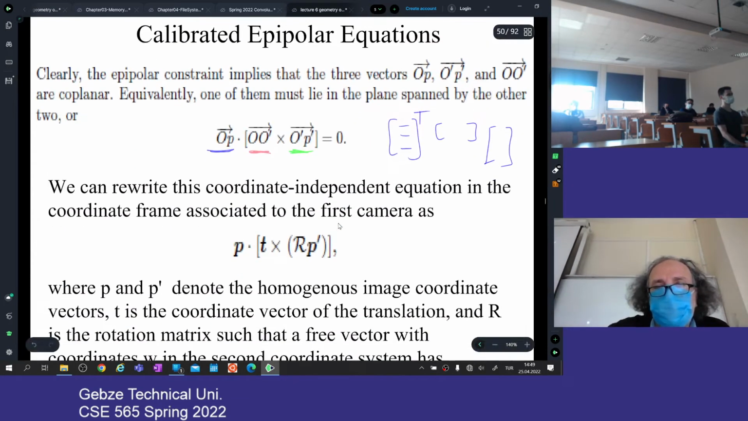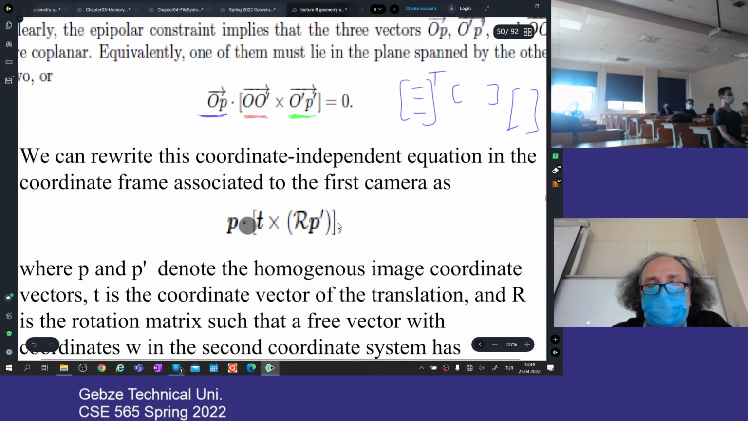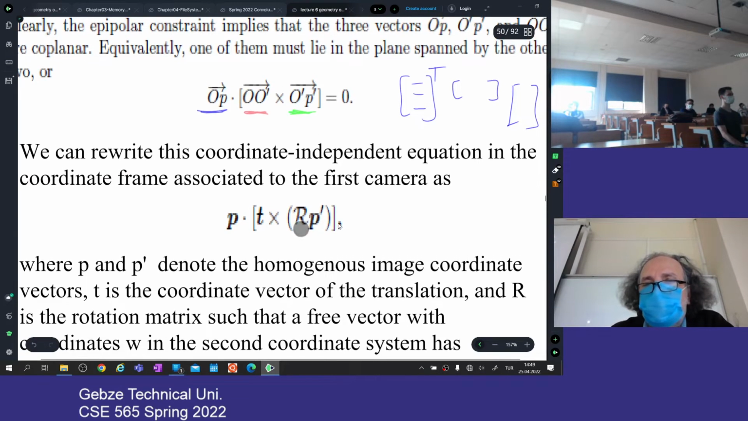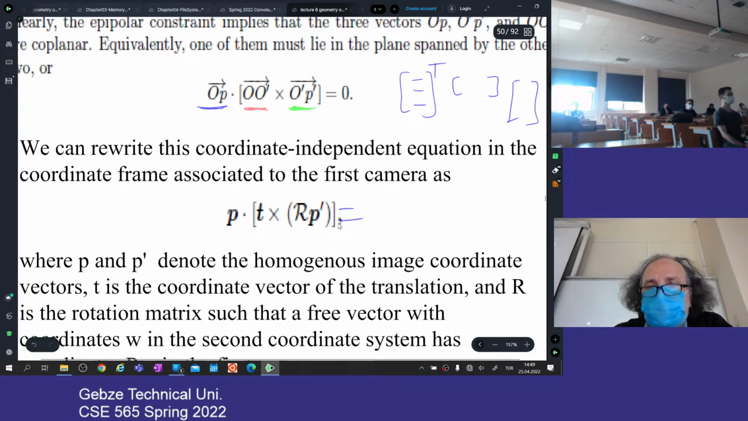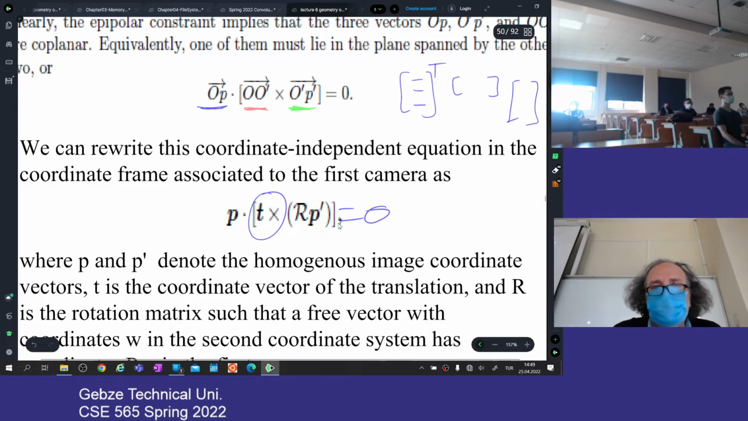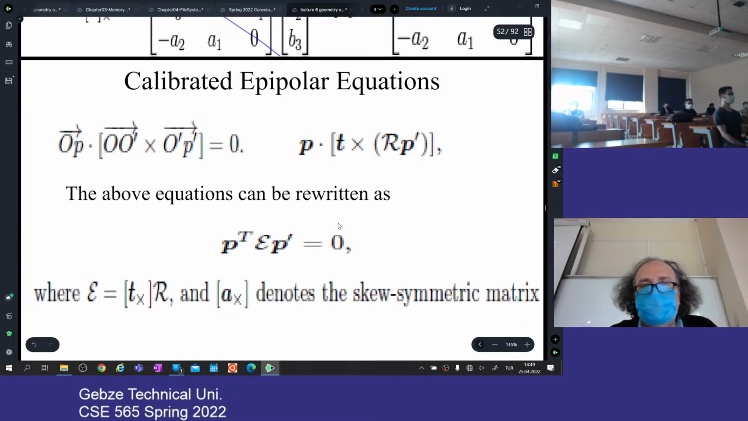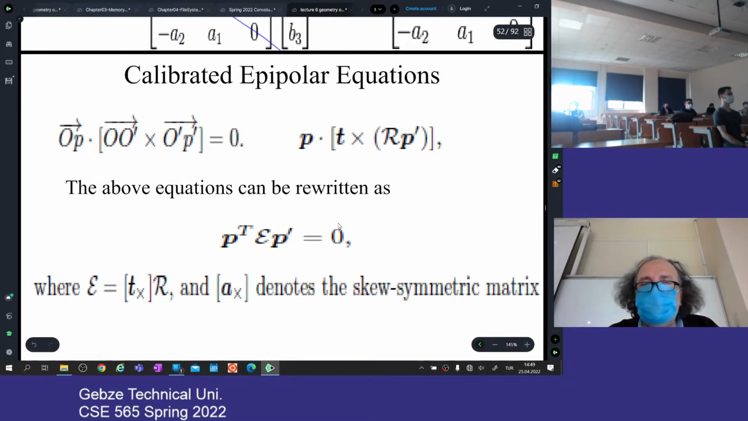So, in terms of camera coordinate system notation, P dot product, T cross product R P prime is my thing, is equal to 0. Okay, I still did not use the skew symmetric version of this T. That's what I am going to do now. So I say that if I take this, and if I represent T as a skew symmetric version of it, and if I multiply it,